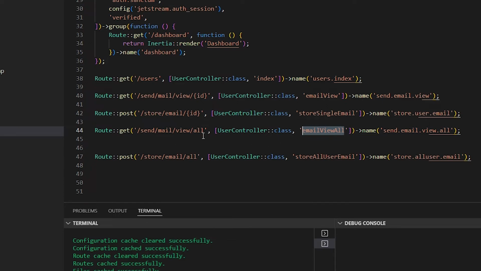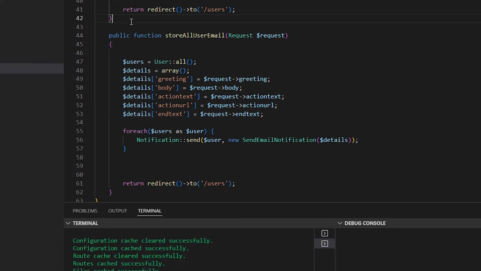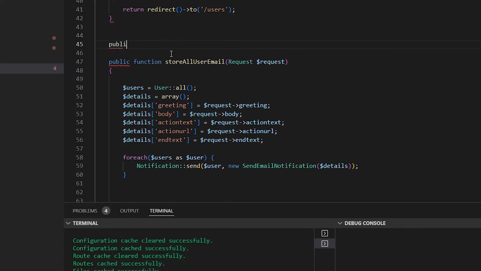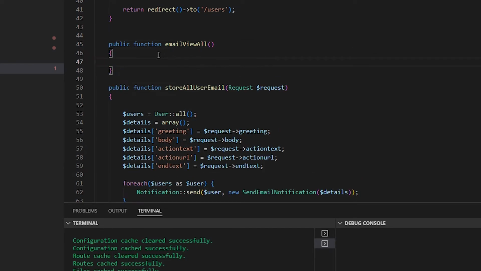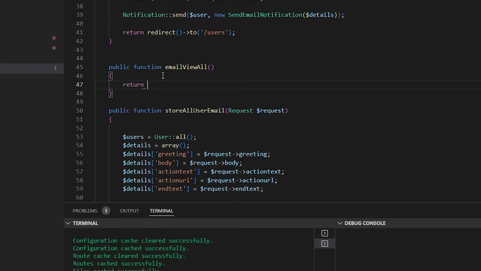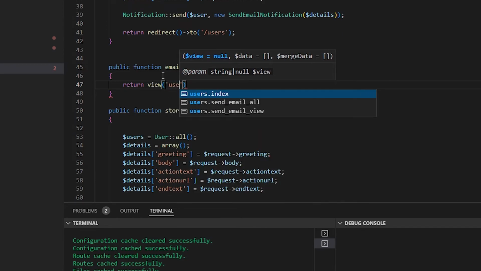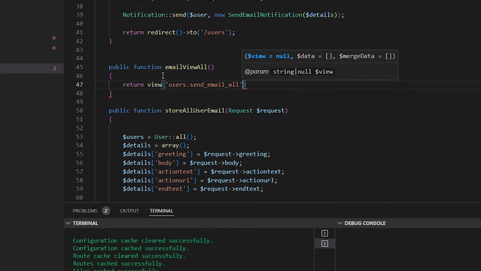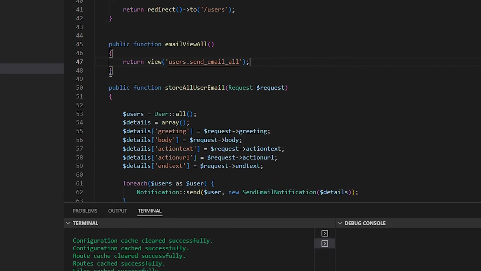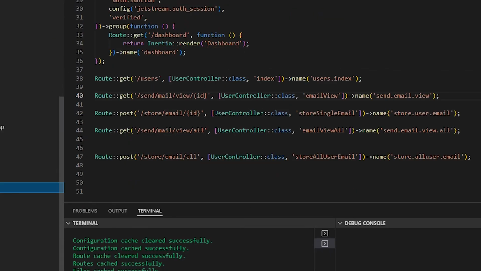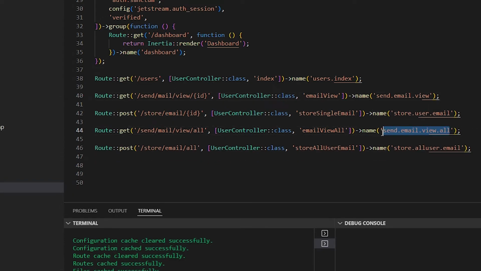We have to copy this thing and go to our users controller, public function email view to all, and we're going to return view, and we're going to write users send email view to all. Okay, and we need to go to our web.php, and we just use this thing, and now we need to copy this route, save it,